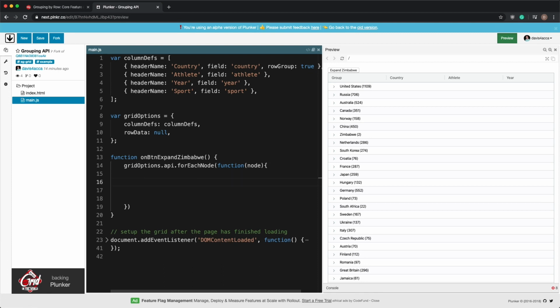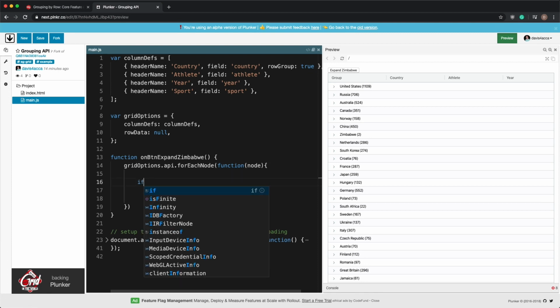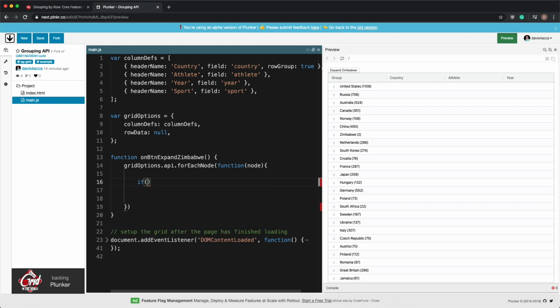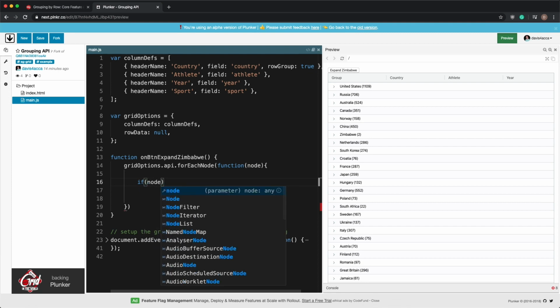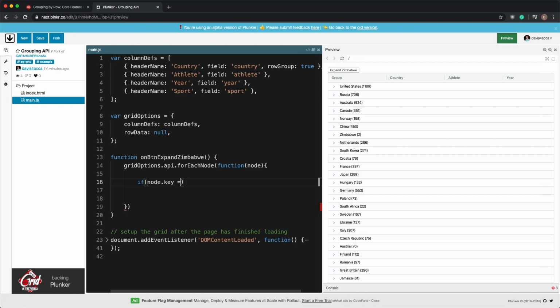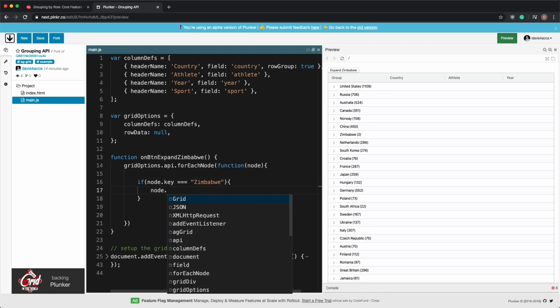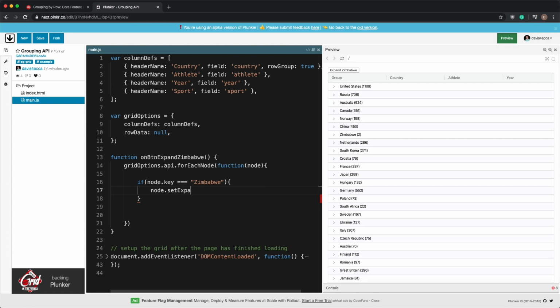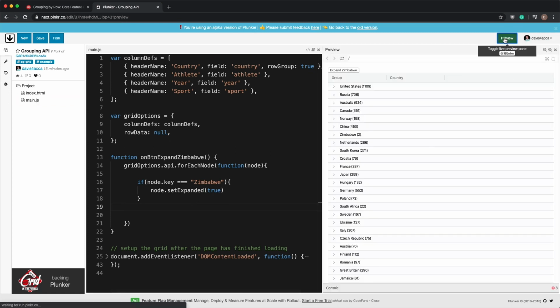So what you can do here is write an if statement and check if node.key is Zimbabwe, then simply call the node API setExpanded method and pass in the boolean true. And now if I refresh the page,